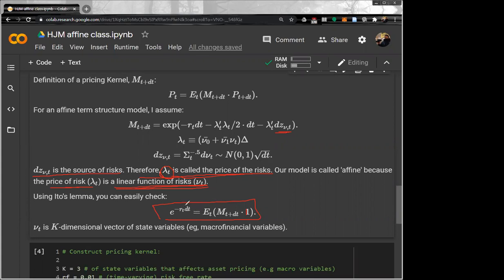We discount because we know the risk-free rate is r_t. The time difference is dt, here 1 day. So this should be the price of the $1 at dt later. Here, dt is 1 over 252, so it is basically 1 business day later. Here, nu_t is the k-dimensional vector of state variables, like macro financial variables